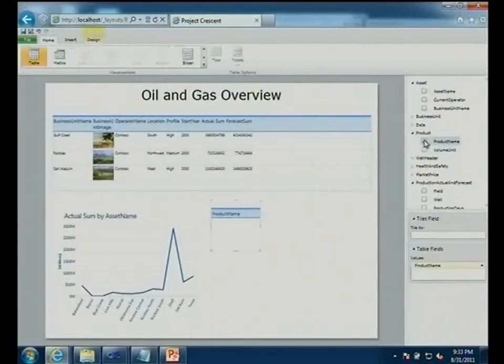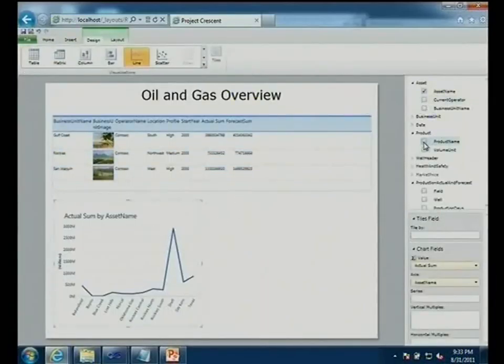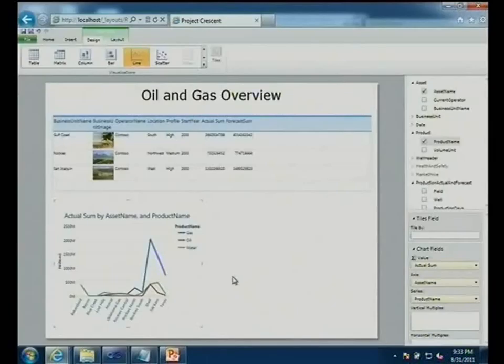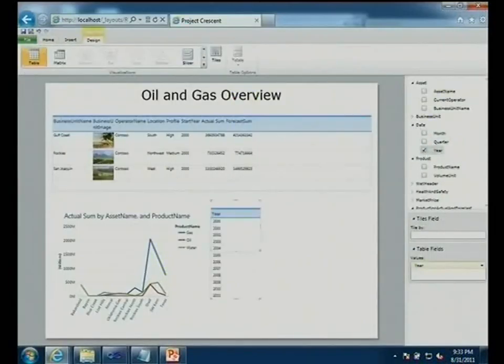If I look at the products, I could put them there, but I don't really want them there. I want them here. So if I look at the products, you'll see that when we drill, we actually get oil and gas, and we actually get a lot of water too. Water just comes out of the ground, there's a lot of water in the ground, and that comes out when you start drilling also. The other thing is we can look at it by date and grab year and grab actual production